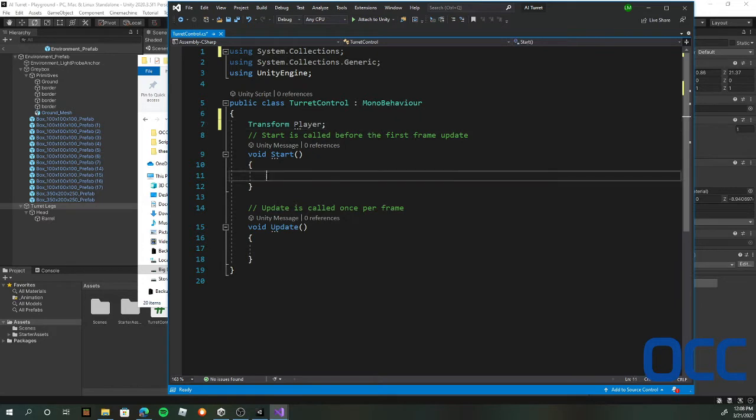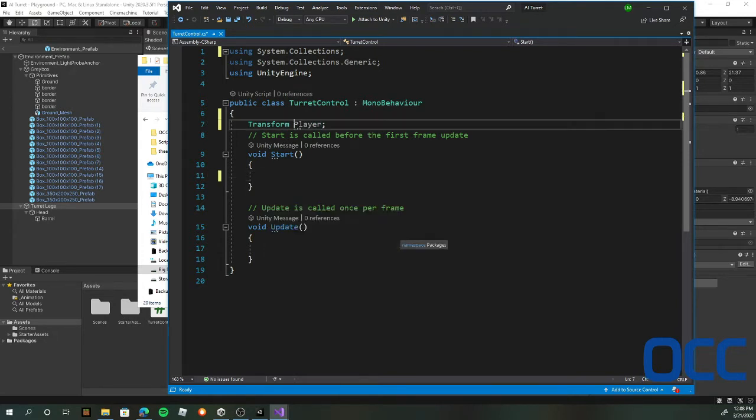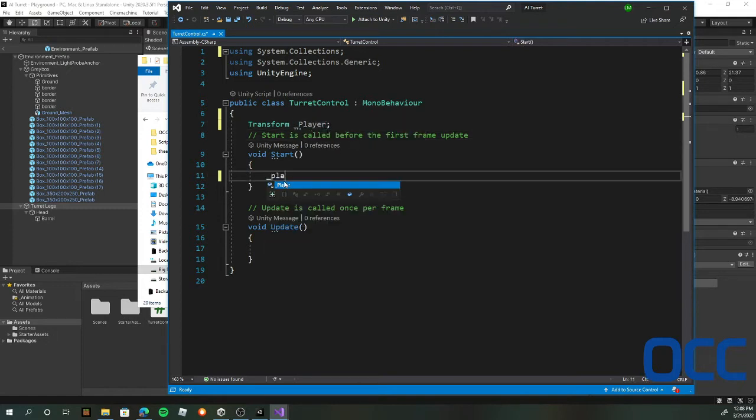So when they spawn into the game, the start function will fire off. Or if you just mass produce them again, the start function is where you're going to tell it what the player is. So we're going to tell it here. I just call it underscore player because I like that better. So I've renamed the reference to underscore player. And I'm going to say underscore player is equal to a game object that is in the scene, and if we can just find that game object